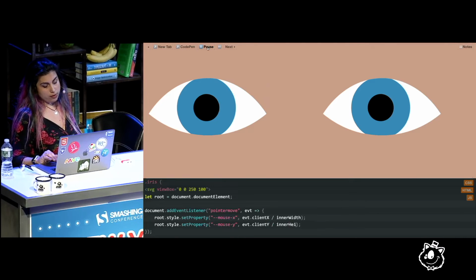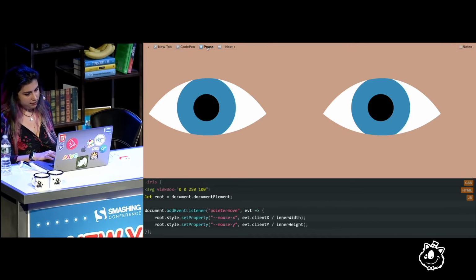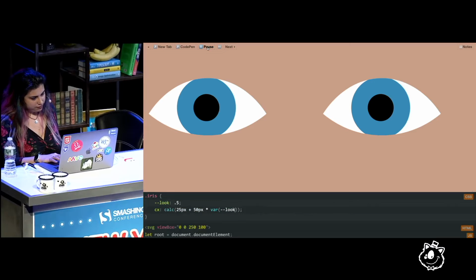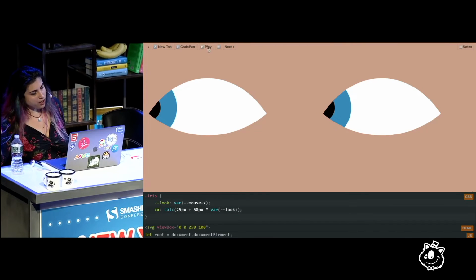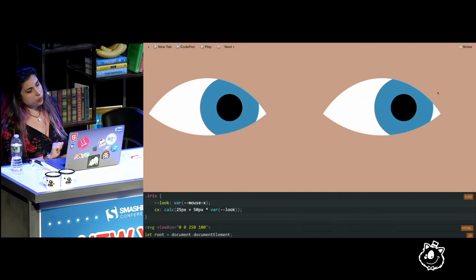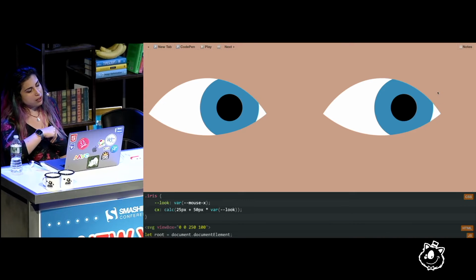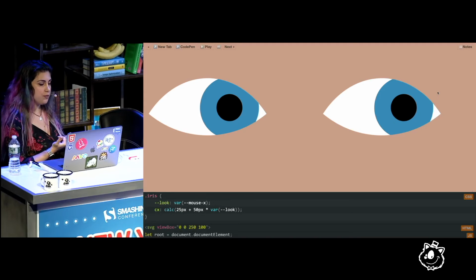And then, after we've done this, we can go into our CSS and set this look variable to the mouse X variable. And now, we control where the eyes look with the mouse. But none of these demos needed to really know about the other. Like, the JavaScript didn't need to know about the SVG.